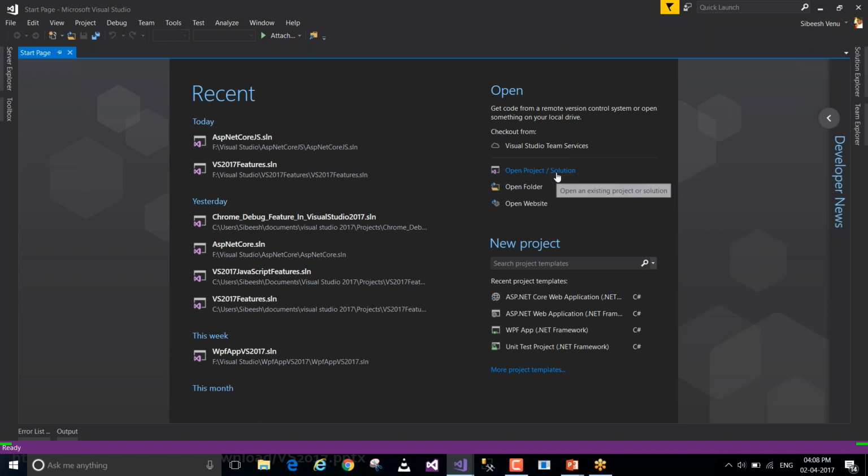Open Project and Open Website will work in the same way as in prior versions of Visual Studio, so I'm not going to talk about that. Open Folder might be new to all of you or a few of you, right? This is literally a folder of code which you can download from the internet, and you can open it in Visual Studio 2017, and you can use the tree structure which is available in Visual Studio,